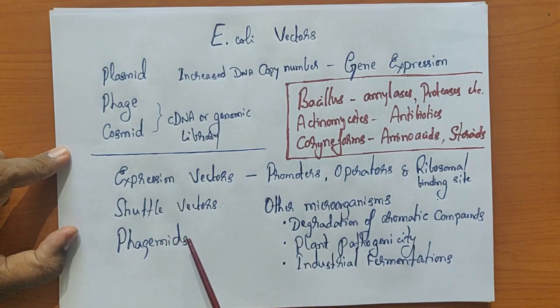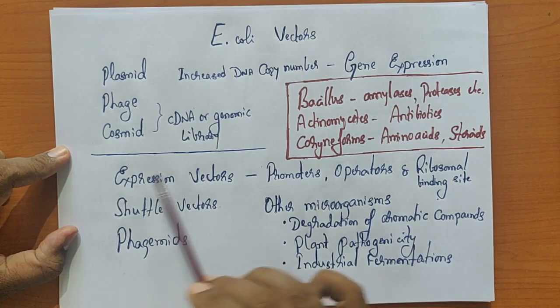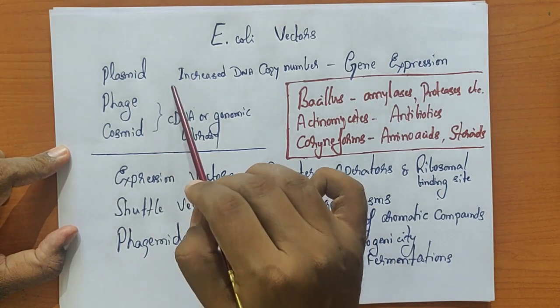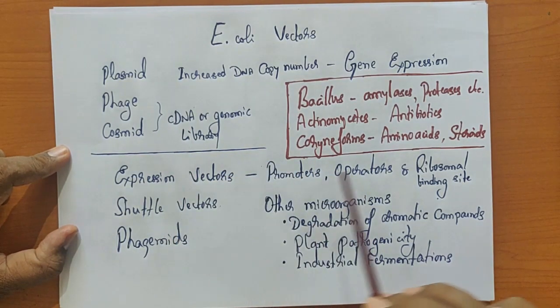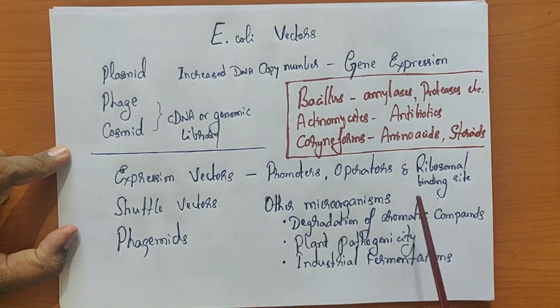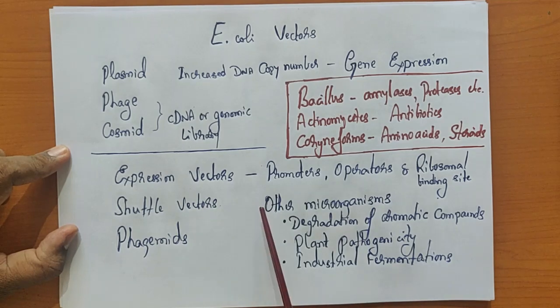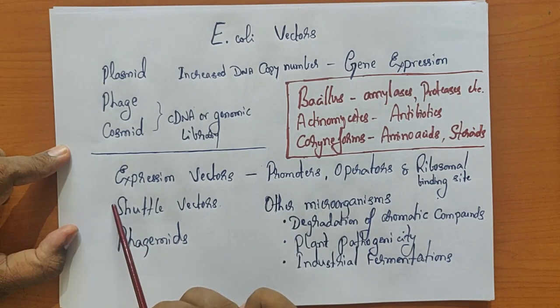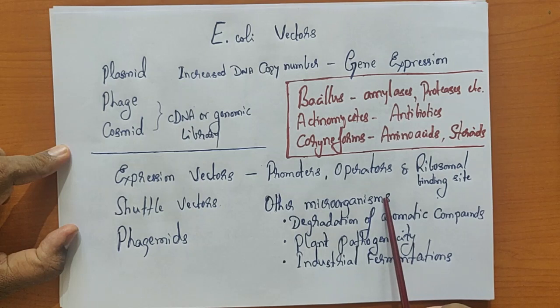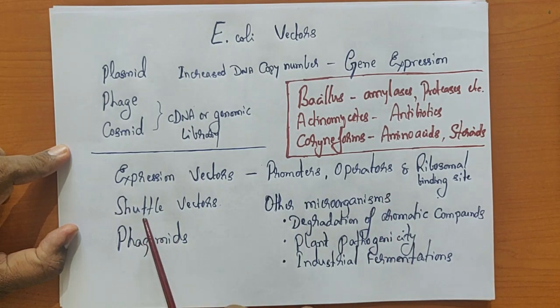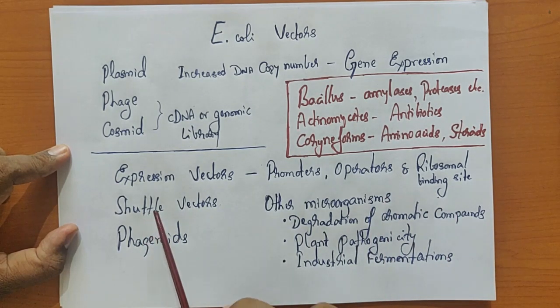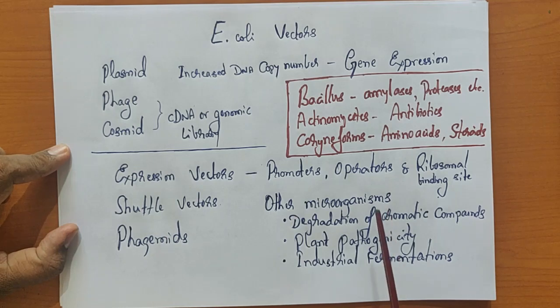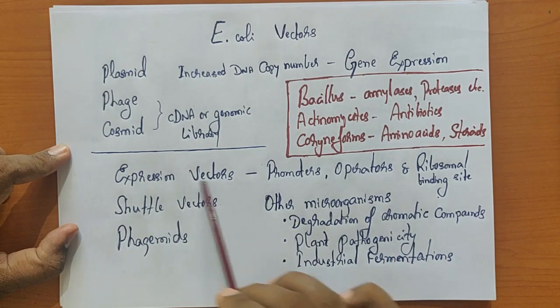So we need regulatory elements which will work in E. coli, and additional regulatory elements which will be expressed in the other microorganisms. This vector will shuttle between E. coli and a gram-positive microorganism, using two different hosts. It need not be E. coli and gram-positive bacteria. It can be E. coli and yeast, or E. coli and many other host systems. That is what we call a shuttle vector.